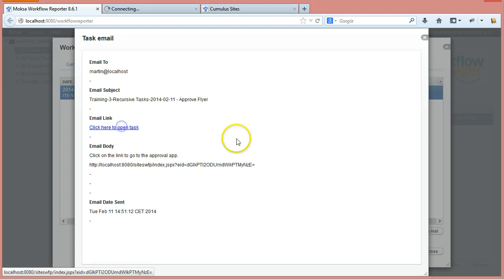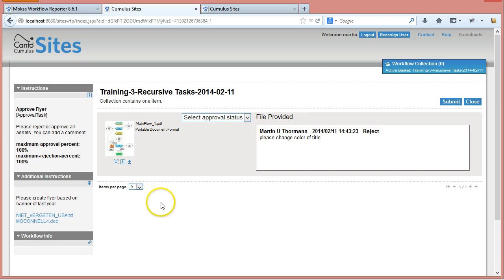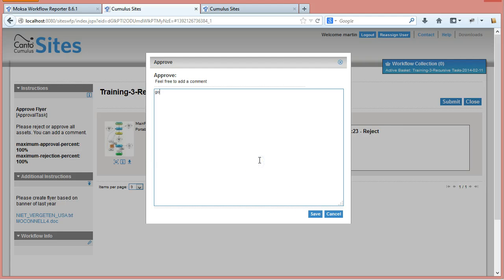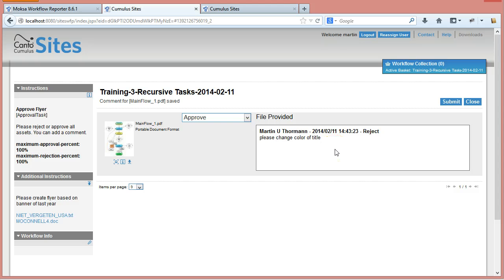Here's the mail for Martin, and we can click on it to perform the task, and you can see that now Martin sees his own comments and can once again download this file, verify, and once he's pleased with the result, he can just say, okay, I approve, good job, save. Once again, this information is saved, verified, and then you can see your choice here in this task is approve. Good job. So I now can submit,